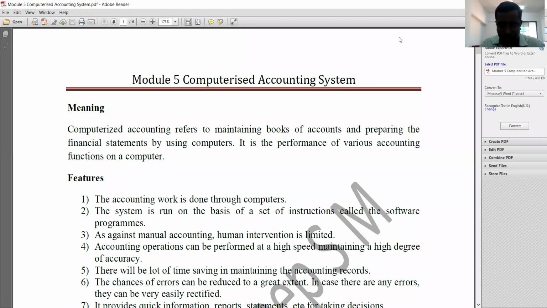Known to all of you. In my previous video, we discussed bank reconciliation statement. We discussed its meaning and its features. Then we discussed the reasons that cause the difference between cash book balance and passbook balance. Later we discussed the format, and I think we have solved around two problems on bank reconciliation statement.